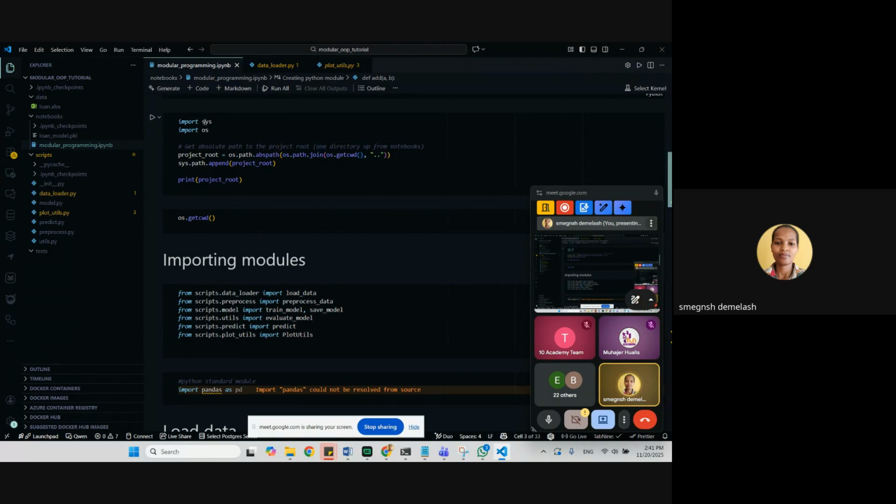For that I use import sys and import os. These are the standard Python modules, not my modules; they come with Python. Then I write this code just to get my